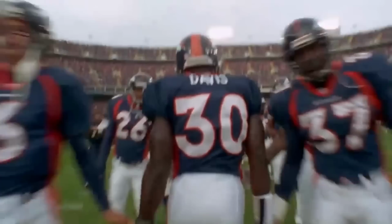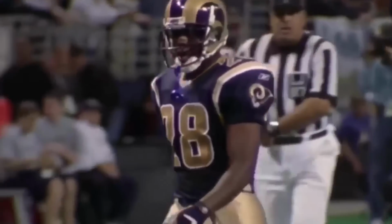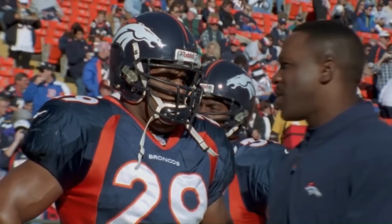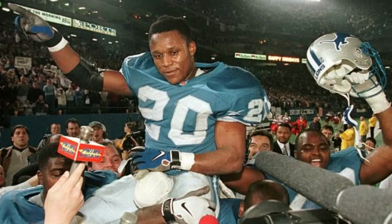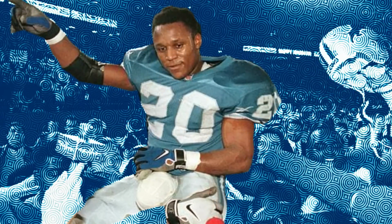And like I mentioned before, guys like Terrell Davis also had insane small stretches of time. And overall, I think the 90s really just showed how high a running back can possibly peak as a player, while also keeping an insanely valuable spot on any offense. But one guy really took that hero ball style of offense to a whole nother level, and that man was Barry Sanders. Barry Sanders is nothing short of an NFL legend, and I don't think anything else has to be